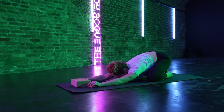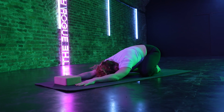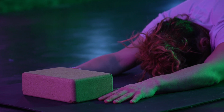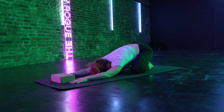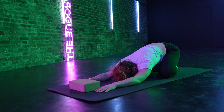Opening those knees wide, softening the body down into the mat, letting the head be heavy as you feel the breath in that back body. Focusing on any shifts you feel from that practice. What do you notice has changed? Where do you feel the breath